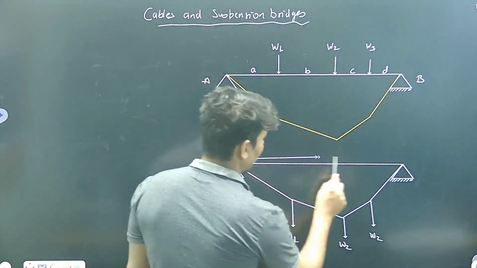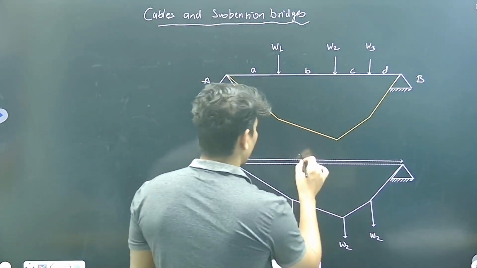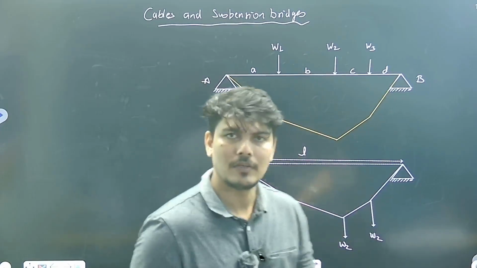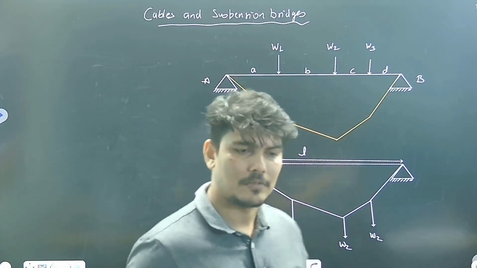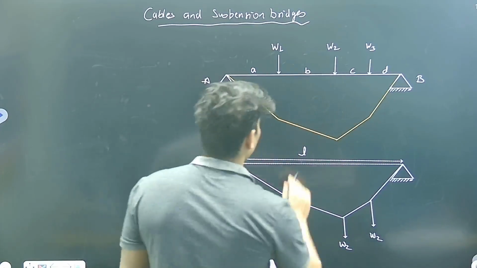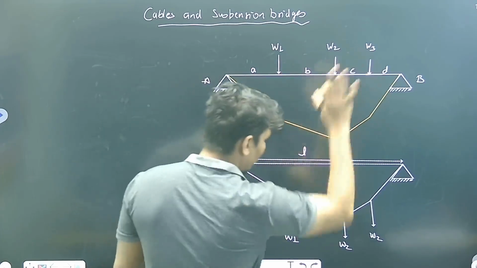So this is the length of the cable, initial length, या आप ये बोलें कि this is the length between the supports, which is obviously equal to A plus B plus C,